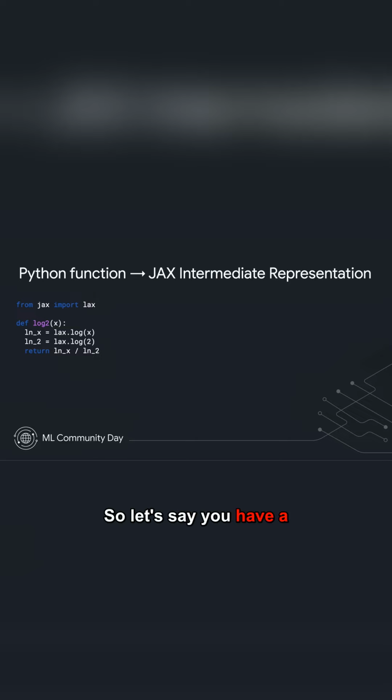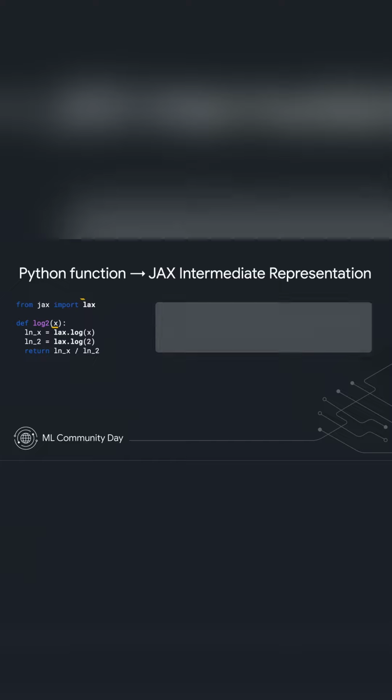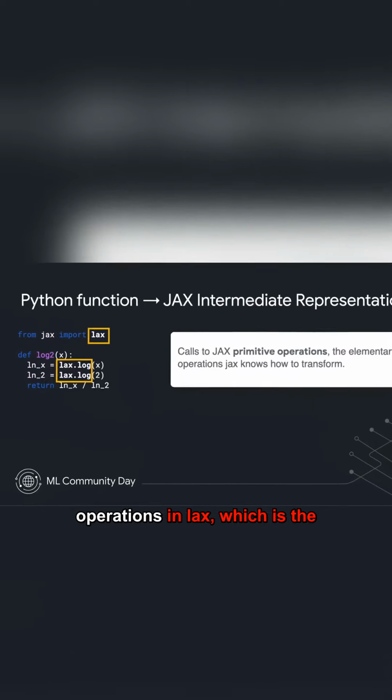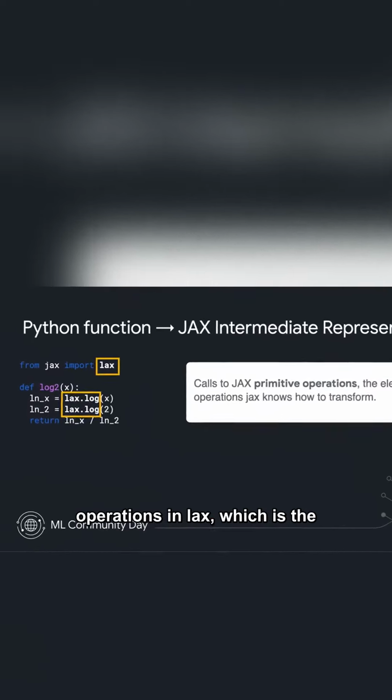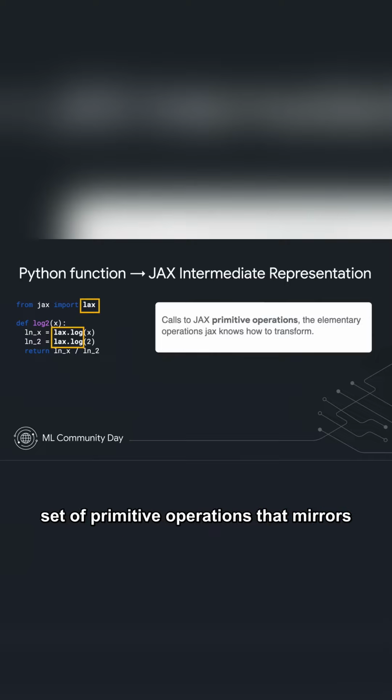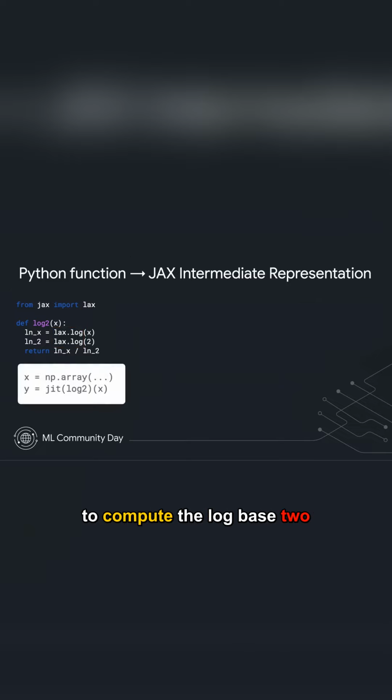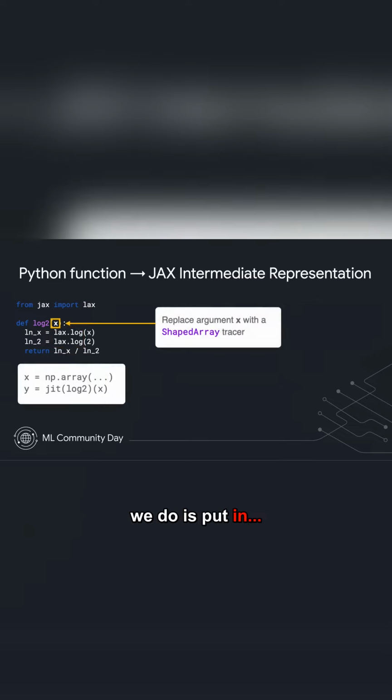Let's say you have a function like this that computes the base 2 log of a number x. How does JAX trace this and understand what's going on? Well, the first thing is all of JAX operations are based on operations in lax, which is this set of primitive operations that mirrors XLA. And now when we want to compute the log base 2 of some array, the first thing we do is put in